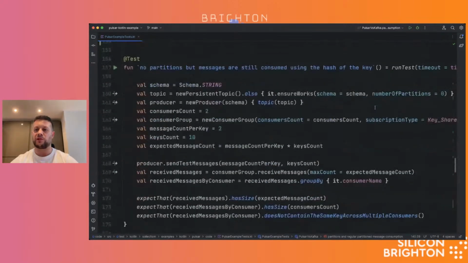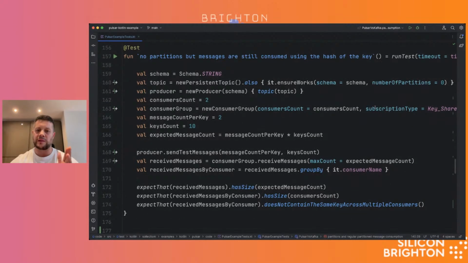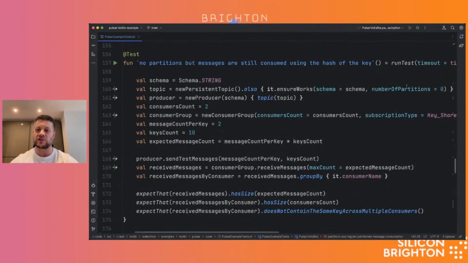So what am I talking about? Well, first of all, in Apache Kafka, the minimum number of partitions you can have is 1. So a topic is always partitioned, right? So worst case, or best case, depends who you ask, you're always going to get 1 partition. While in Pulsar, you can create topics that are not partitioned at all, okay? And the reason is that in Apache Pulsar, you can model different messaging patterns, like queues with round robin and other patterns that are not really available in Apache Kafka.